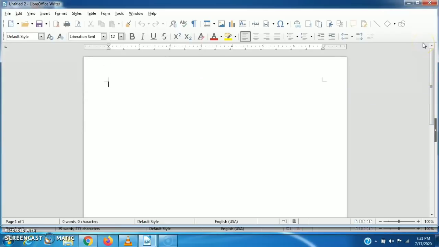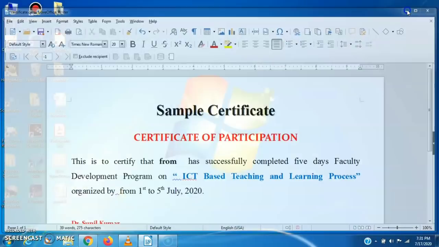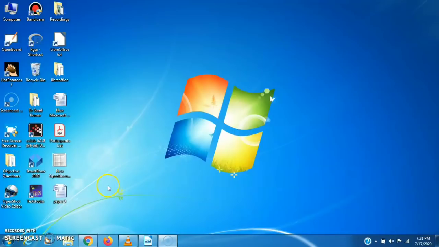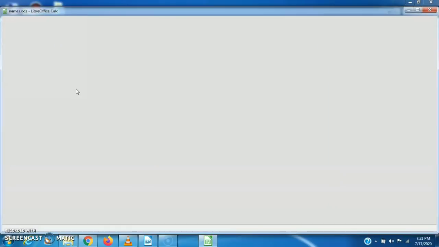So how can we use LibreOffice to send mail merge? For this we need some data of the people to whom we want to send certificates. For this we have already created a database in our Excel spreadsheet. Suppose I write the names here.